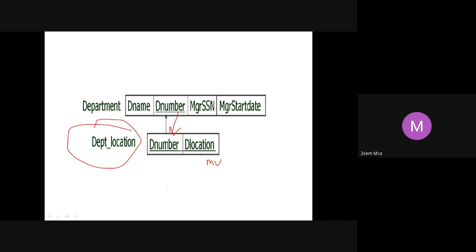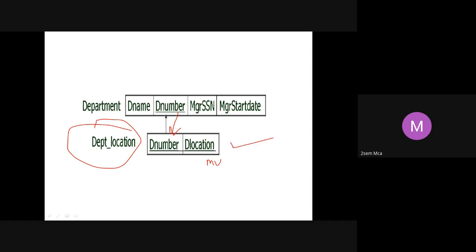Look into your cricket example in yesterday's lab. We have taken player as a separate table with player ID, player name, and age. You have to take one more table, player phone number, wherein we have included the primary key of player, that is player ID, plus this attribute phone number. These two together, player ID and phone number, will become the primary key of that table called player phone. Same thing is done here also.